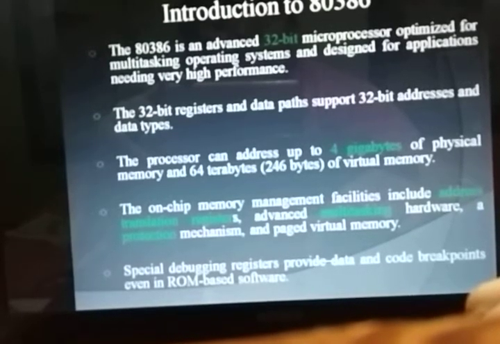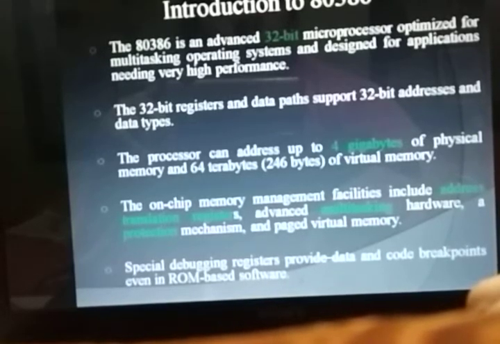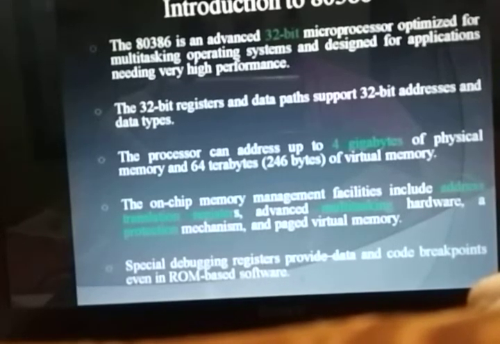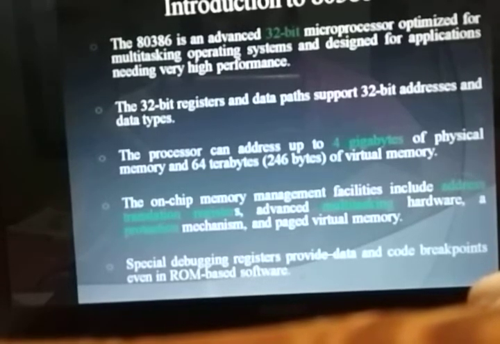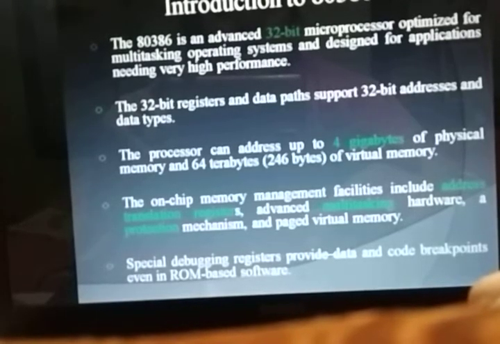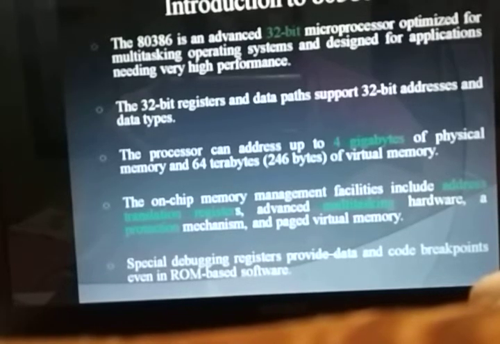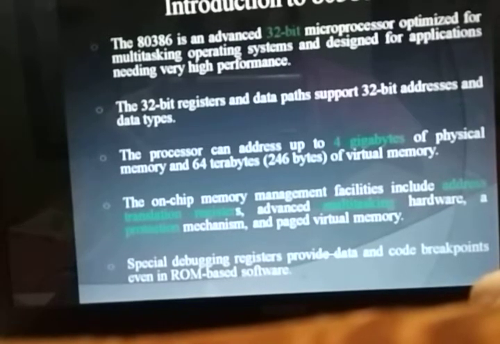The next feature is the multitasking feature. Means at a time, you can execute many instructions. So this is the feature of multitasking. And if you are executing many instructions at a time, you have to provide protection to the processes so that they cannot interfere with each other's execution. Means one process cannot alter or corrupt the data of another process. So that's why you have to perform protection between the processes.